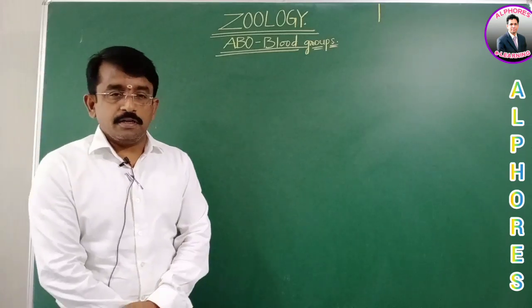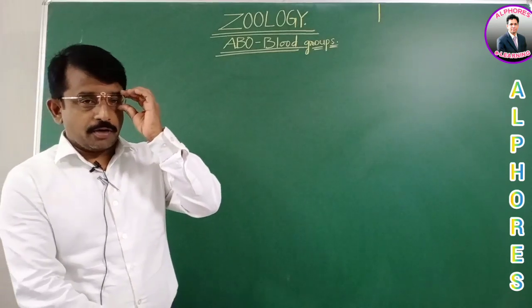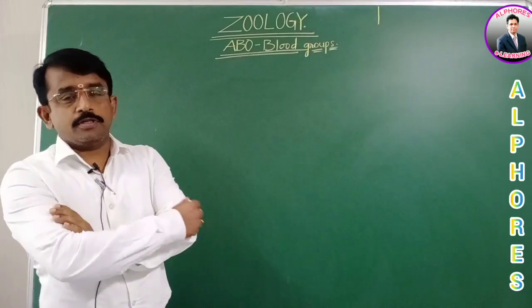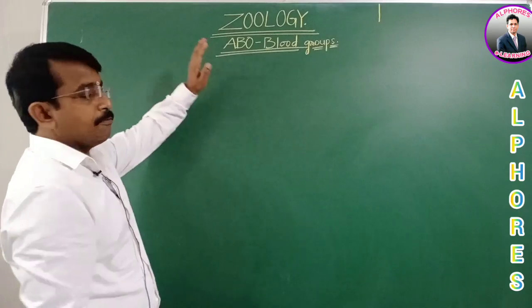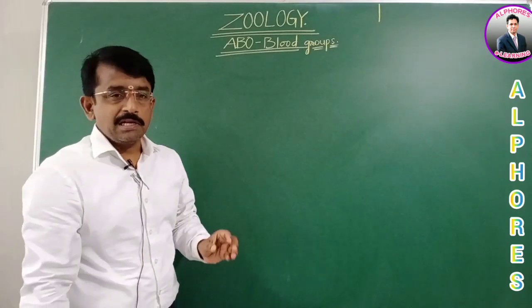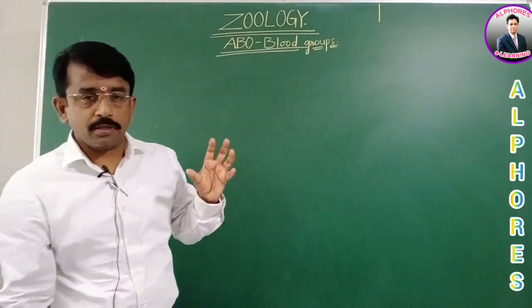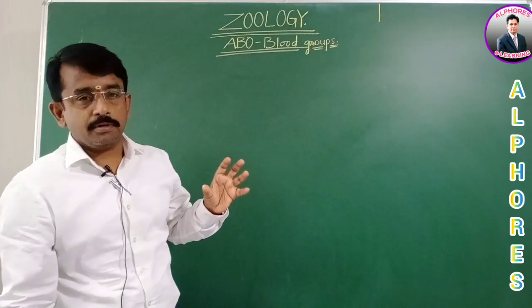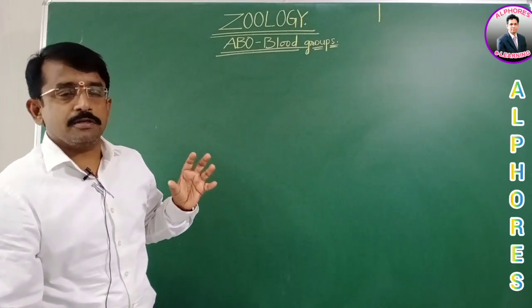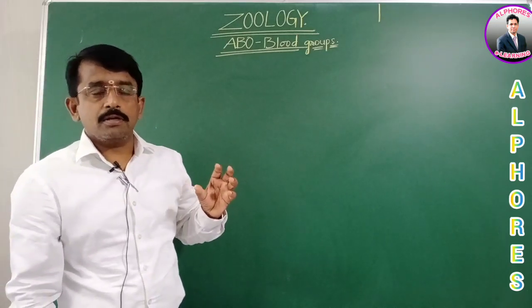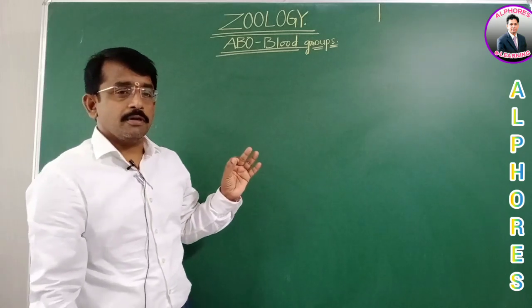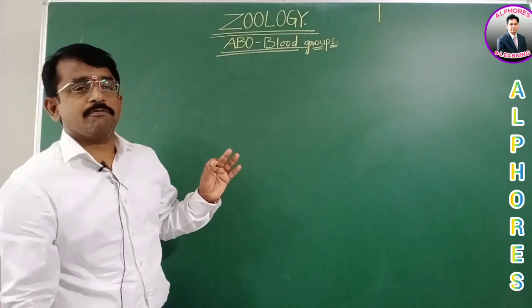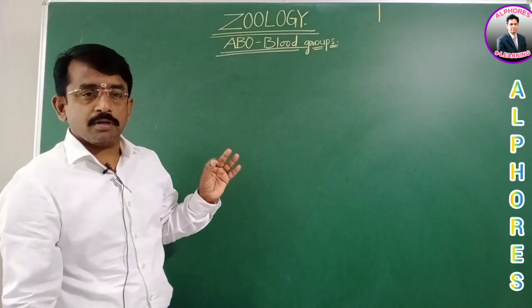Previously we discussed the fluid connective tissue or mobile connective tissue, that is none other than the blood. Blood as a fluid connective tissue. Some of the key points of the same. Let's have a recap. The study dealing with the blood is hematology. Blood is a fluid connective tissue, includes 55% of the liquid part, 45% is of solid part.